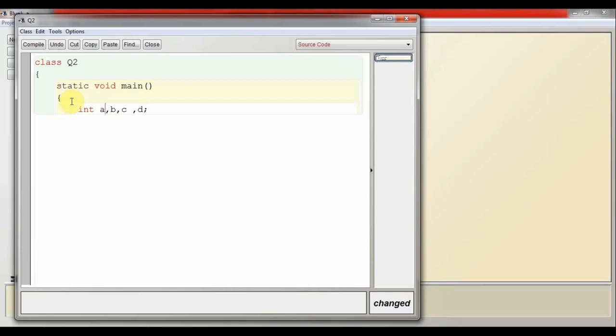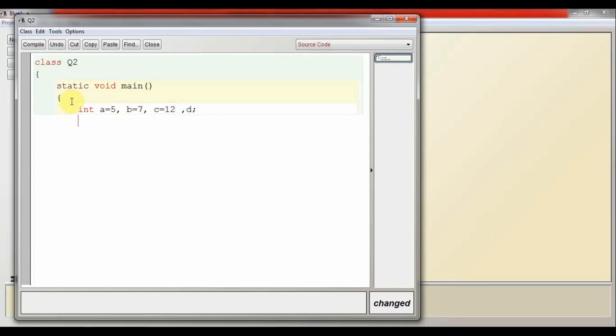Now I am assigning the value of a, meaning I am assigning 5 in a. So I am writing here a equal to 5. In the same way I am assigning 7 in b, so b equal to 7. The same as I am assigning 12 in c.